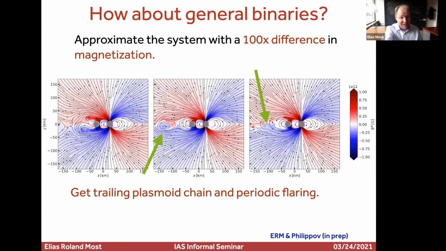So if you look at the same type of picture that we were looking at before, you see, again, in terms of twist, that you're building up a small twist here on the left at the unmagnetized neutron star. You see that you get these mini flares that propagate along the orbital plane. And on the verge of the mini flares that happen quite frequently, you get plasmoid chains propagating out. Same mechanism. The difference is we get way more plasmoids and way more frequently.